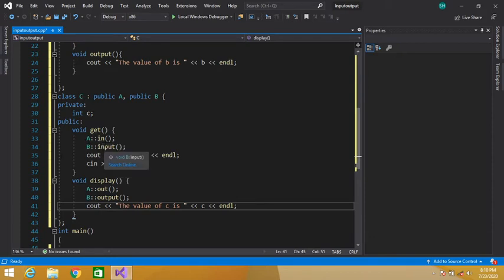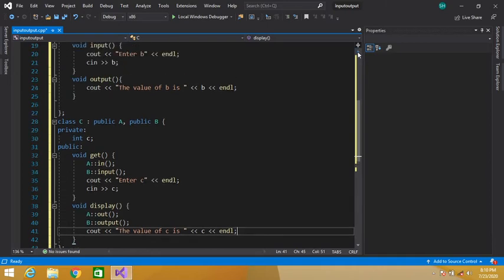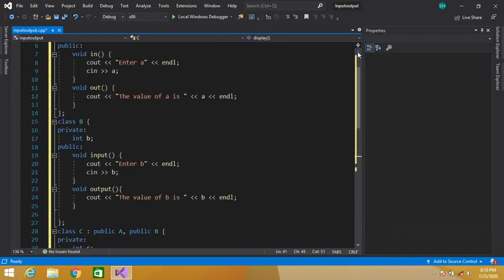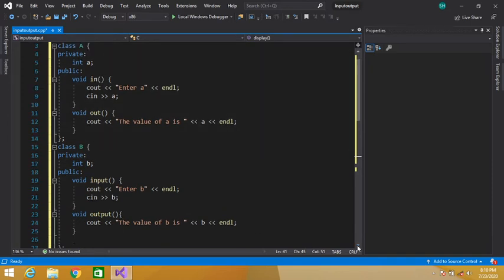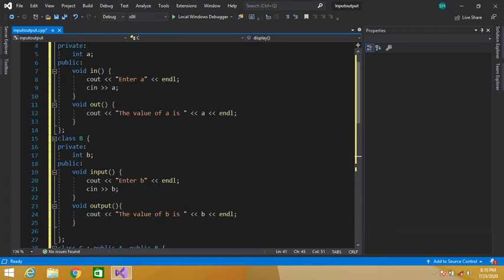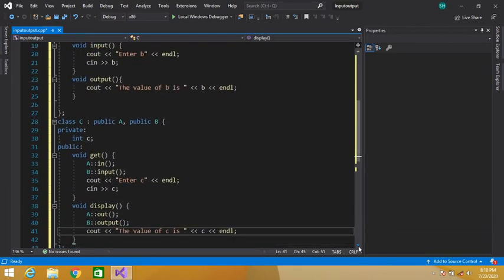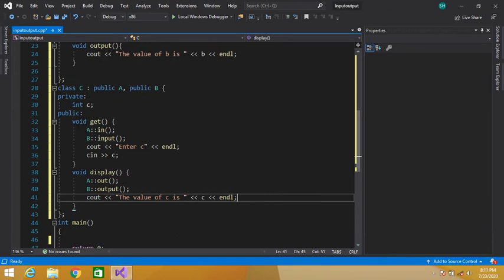So in this way, with the object of this child class, we can enter values in our data members that exist in our parent classes, class A and B. We are able to access these functions in our child class because both of these input and output functions are public. See, they are public functions, so we can access our public member functions in our child class. That is why we are able to access them here.